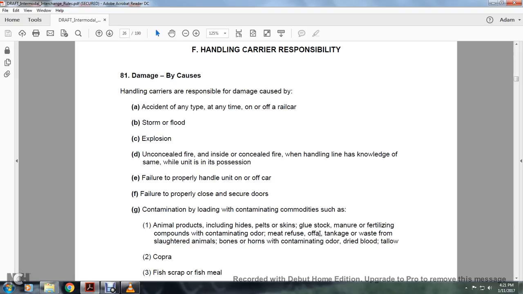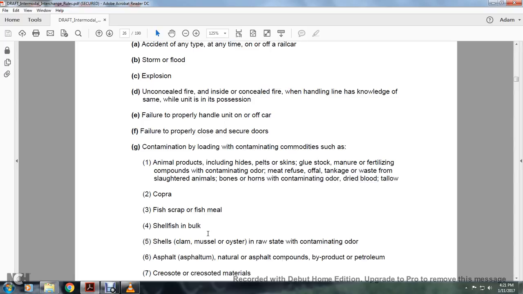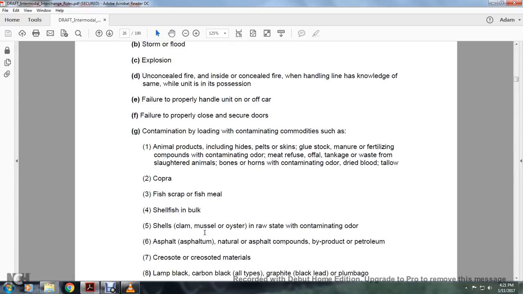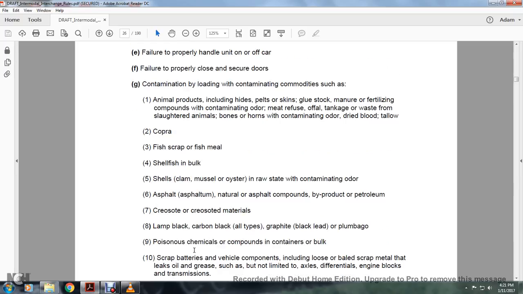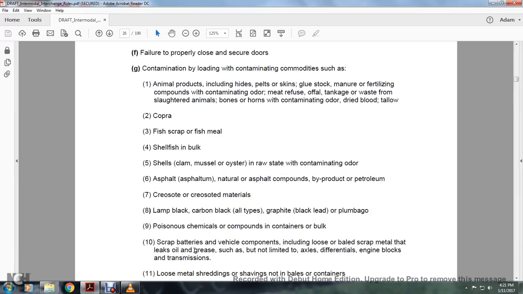odor, meat, refuse of all full tankage waste from slaughtered animals, bones, horns of the contaminated or dried blood or towel. Copra, fish scrap, fish meal, shellfish, bulk shell from clam, mussel, oyster in raw state, and contaminating odor, asphalt or natural asphalt compounds, byproduct of petroleum, creosote, petroleum materials, black, carbon black, all types,